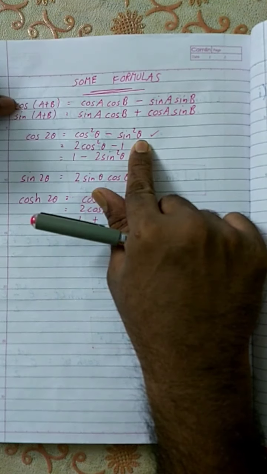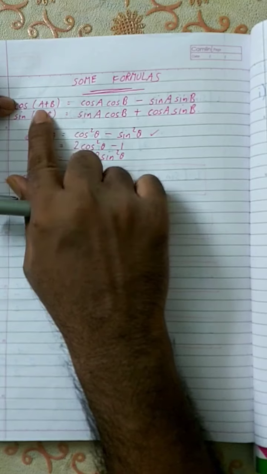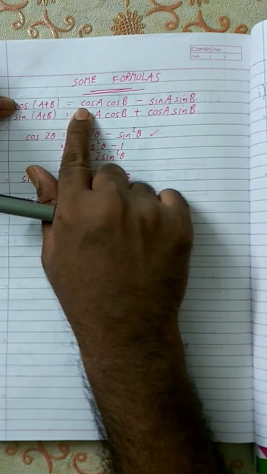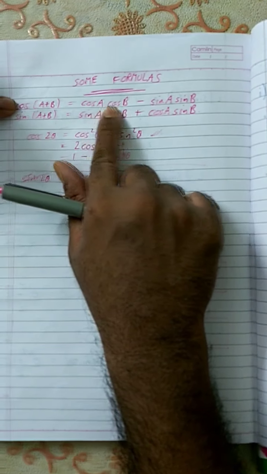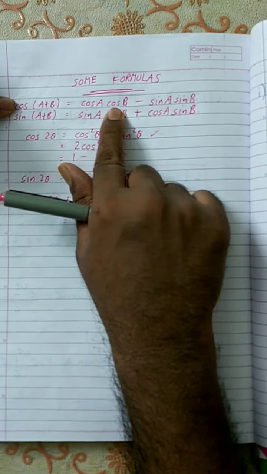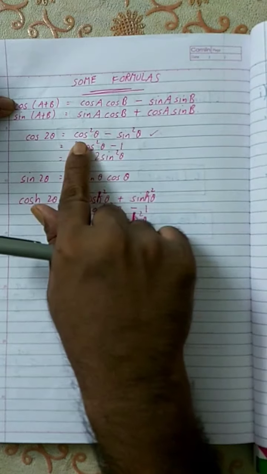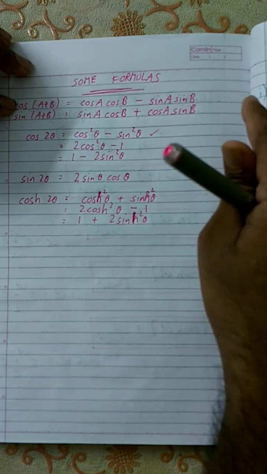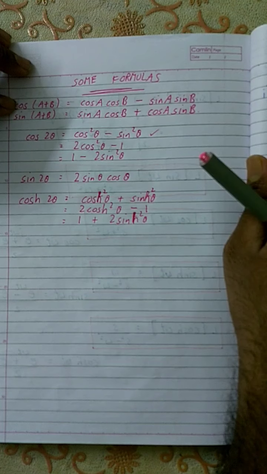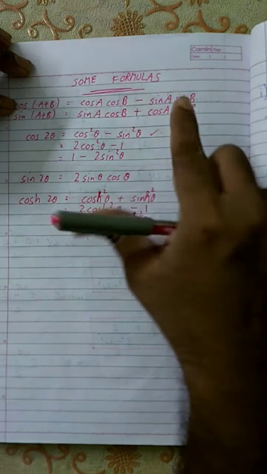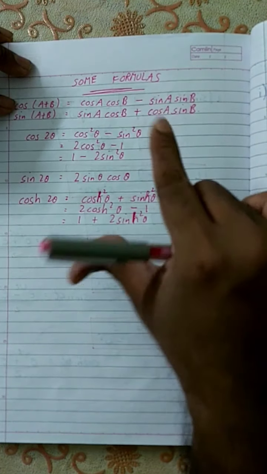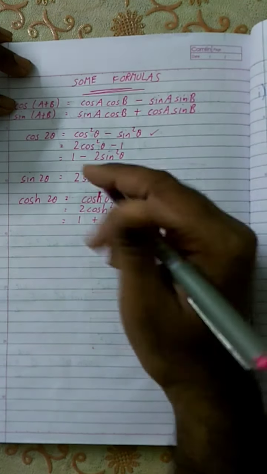You see, take the first equation, cos(a plus b). If I substitute a and b as theta, then this will become cos 2 theta, and the right side will become cos theta cos theta minus sin theta sin theta, which is nothing but cos square theta minus sin square theta. You see, that is how. So if you can remember one formula, you can get the rest of the formulas. Like that you can study, or you can learn the equations by heart as they are. Learning them by heart will be more useful, so that you just have to apply the equation.